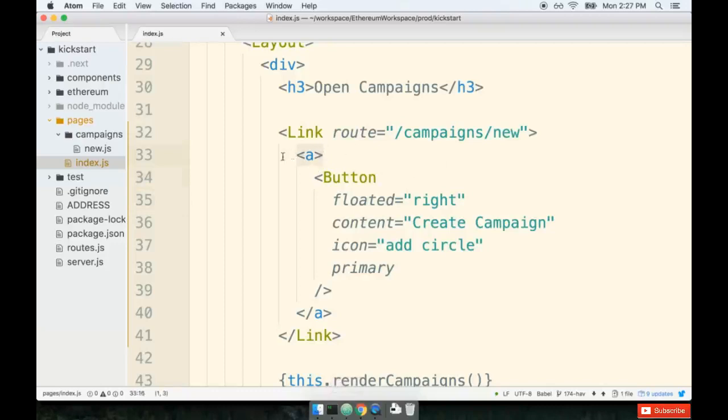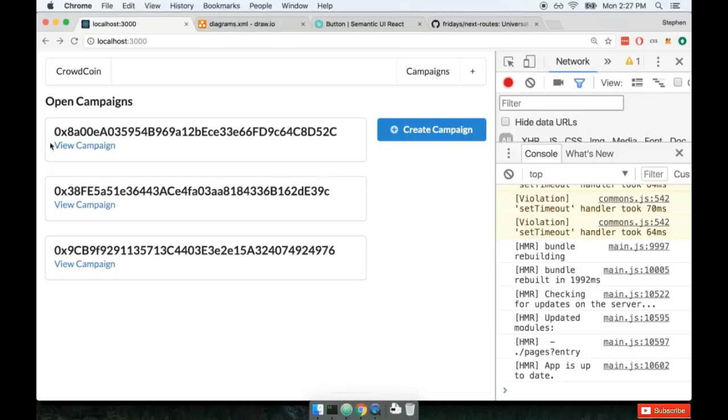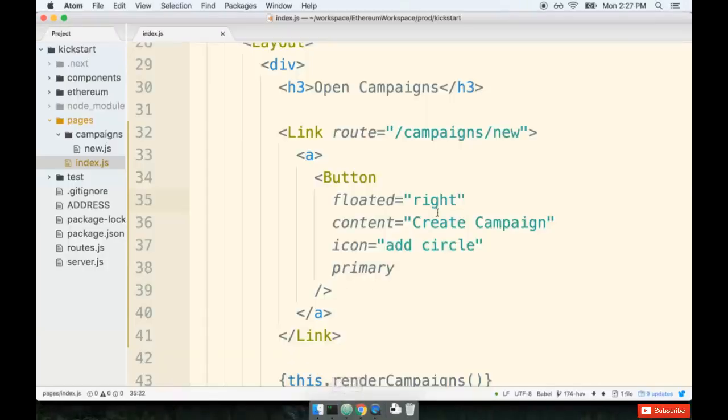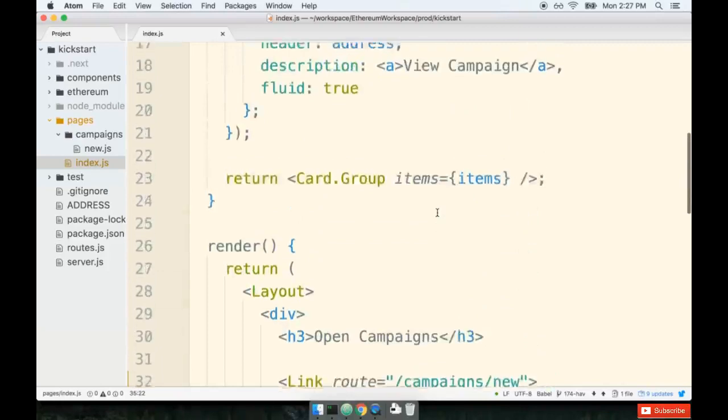And then inside the anchor tag, we can place any other element that we want. And in this case, I'm just using a button because that's what makes sense here. Okay, so that looks good. Now let's move on and make sure that this view campaign button right here is clickable as well to navigate to this address. So back inside my code editor, I'm going to scroll up a little bit to find